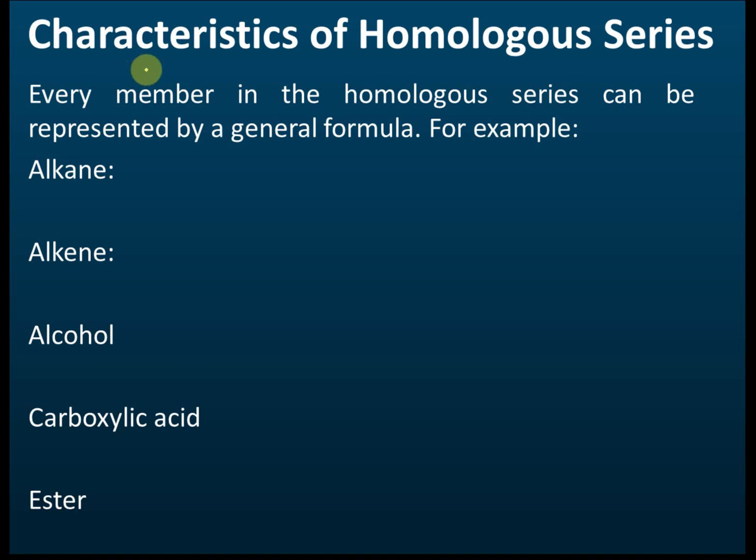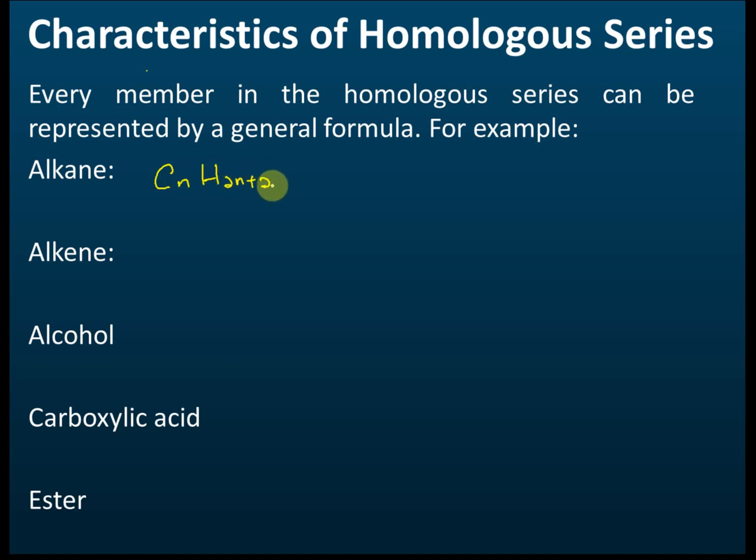Characteristics of homologous series. Now, all the members in the homologous series have four characteristics, or four similarities. Okay, so we are going to discuss them one by one. Now, the first one: every member in the homologous series can be represented by a general formula. For example, alkane, the general formula is